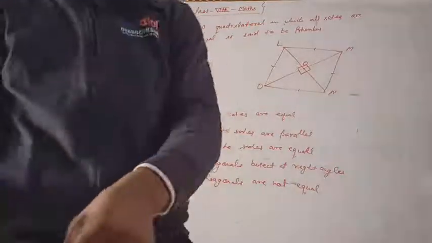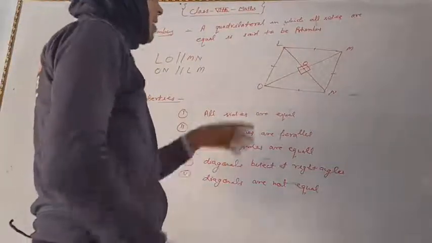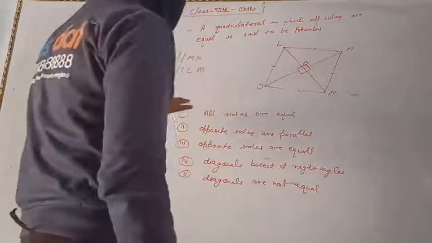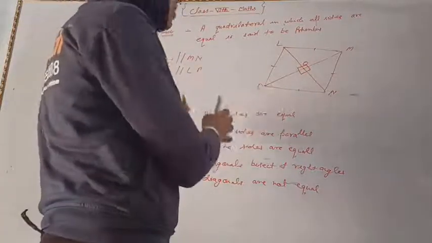We stop our writing. Thank you, children. But all of you have to also write, and you have to also draw the figure, and you have to also write properties, and you have to learn. You have to write and learn all about quadrilaterals.